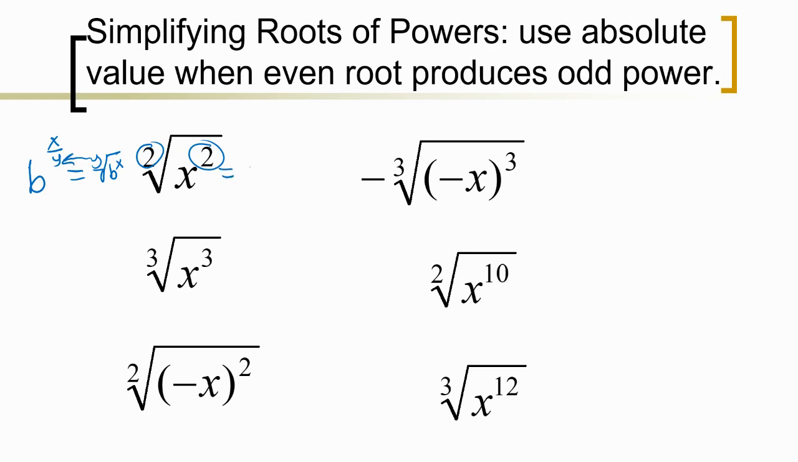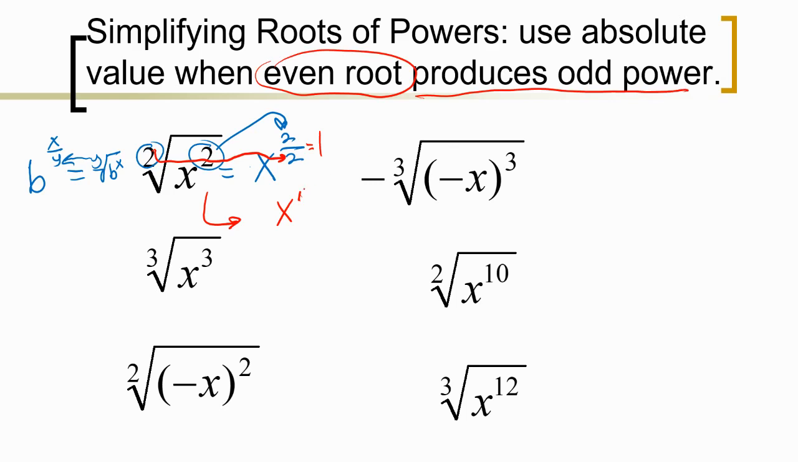So in this case, this is going to be x to the second over 2, where this index is this 2 right here. And so what happens is these divide to be 1. So the result is x to the first power. Now, whenever we have an even root where it produces an odd power like this one, you have to use absolute value bars